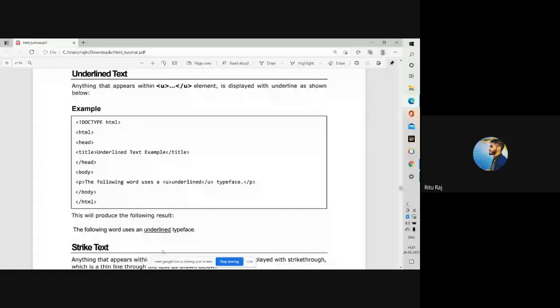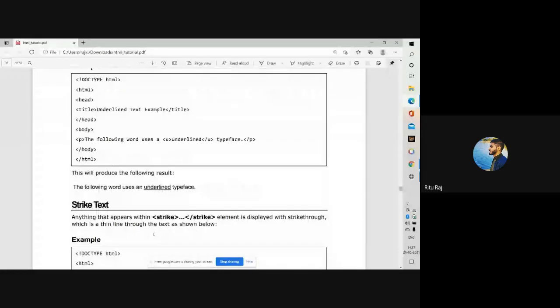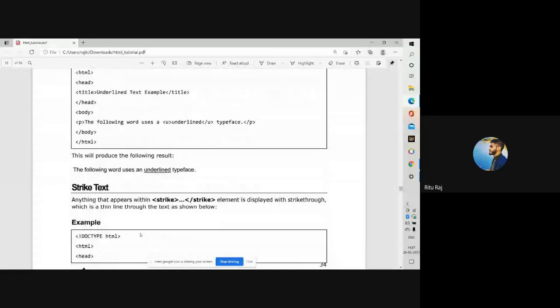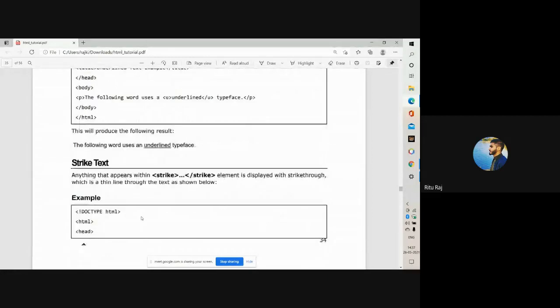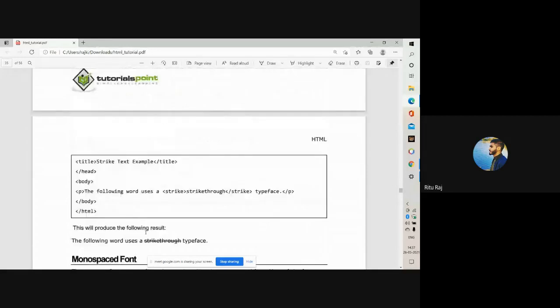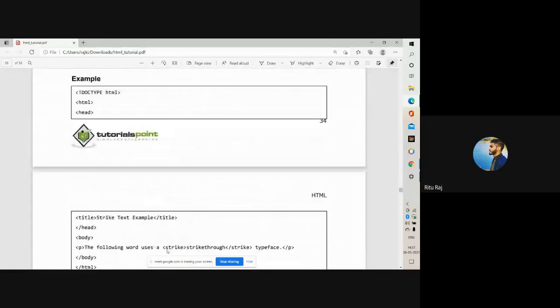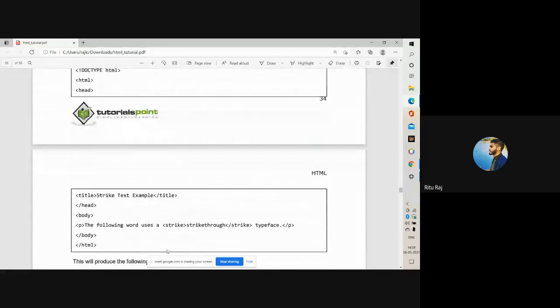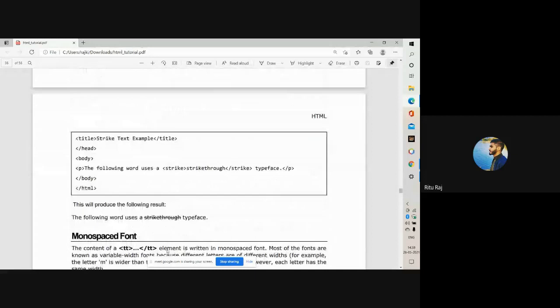Now the strike text. Anything that appears within the strike tag is displayed with strike-through, which is a thin line through the text as shown below. Here you can see this. It's a thin line over the text. Here is the monospaced font.